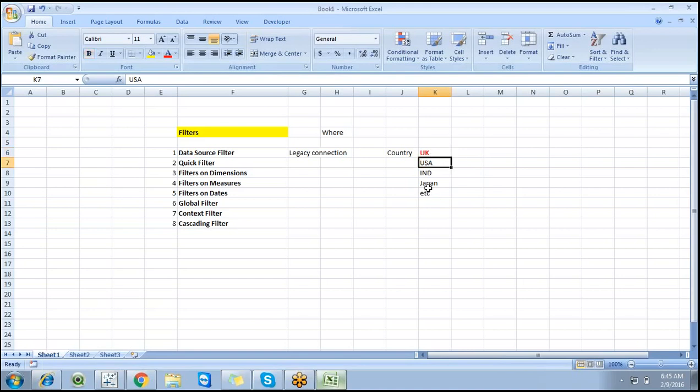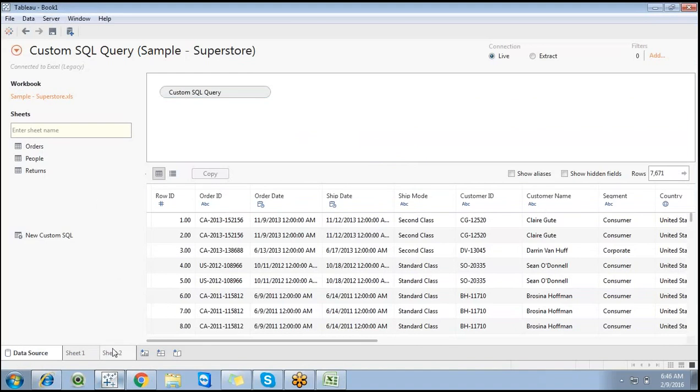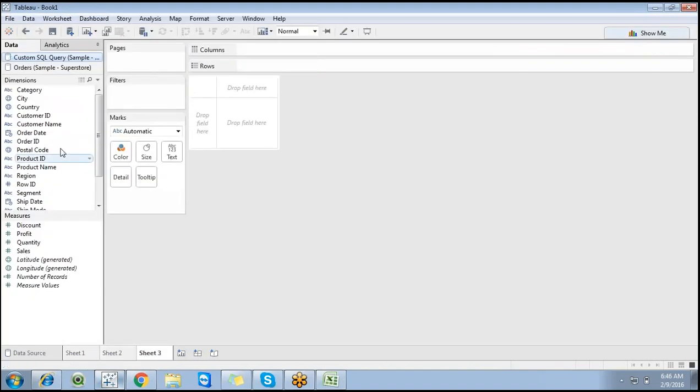But whenever I'm going for a reporting, if you have a country column, just drag and drop country. Now it is listing only United States. Similar to that, I want to create reports based on the United States of America.